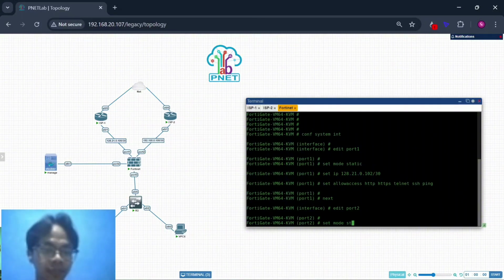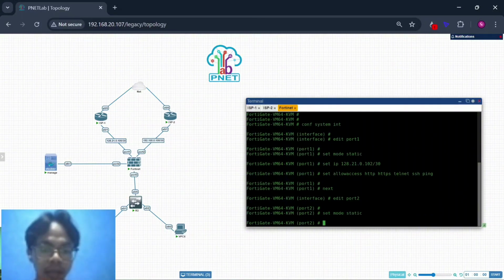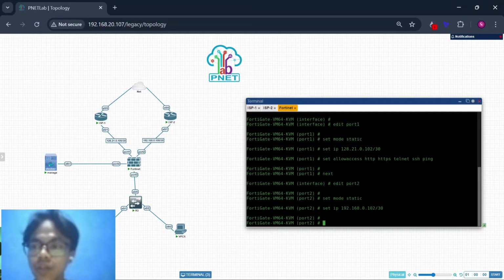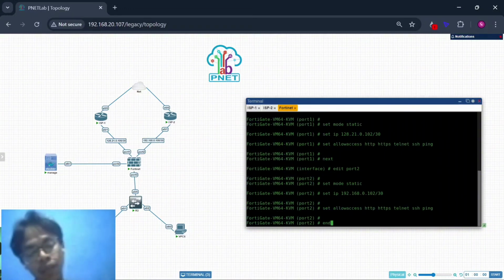Set mode static, set IP 192.168.0.102/30 and set allowaccess https telnet ssh ping and write end.